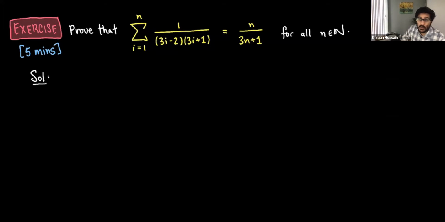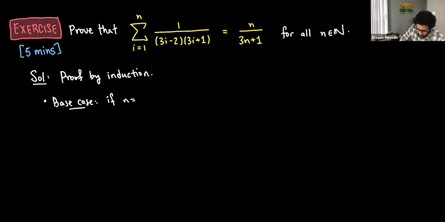If you don't say what you're doing, it's going to be a little bit harder for the reader to read. So let's say proof by induction. That's all you have to say. Or we prove by induction if you want. Doesn't matter. Okay. And so then you're right, the base case. If n equals 1, then